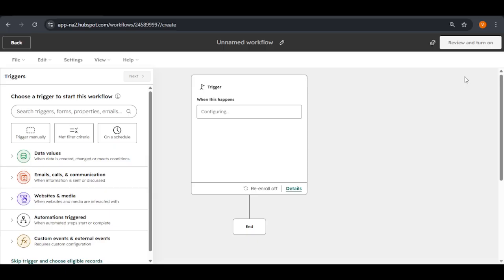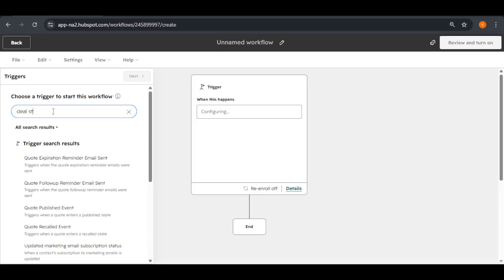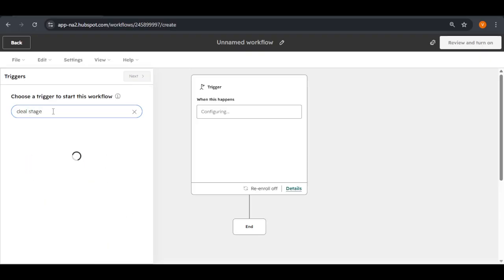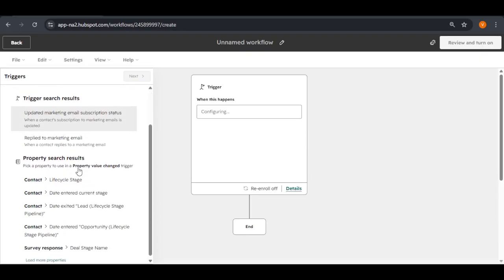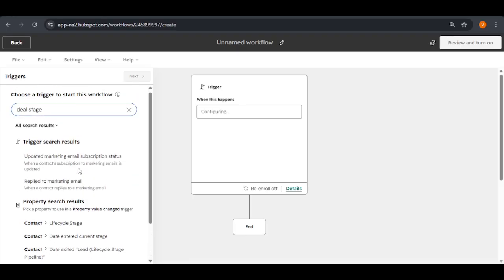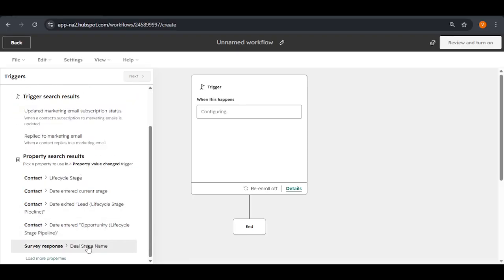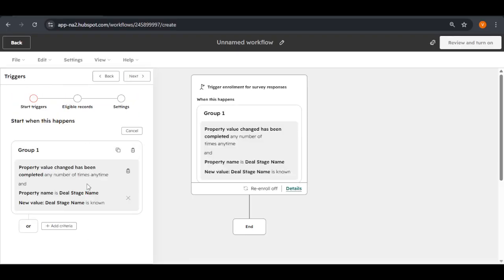Next, let's set up the enrollment trigger. This is the condition that will activate the workflow. In this case, you want to set the trigger to activate when the deal stage is close won and when the associated product is product A. This means that once a deal is successfully closed and includes the specified product, the workflow will automatically initiate. This step is crucial because it ensures that only the relevant customers who have purchased product A are targeted for